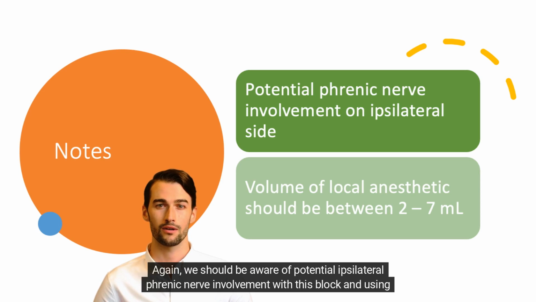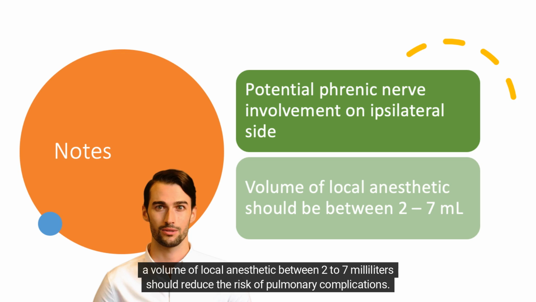Again, we should be aware of potential ipsilateral phrenic nerve involvement with this block, and using a volume of local anesthetic between 2 to 7 milliliters should reduce the risk of pulmonary